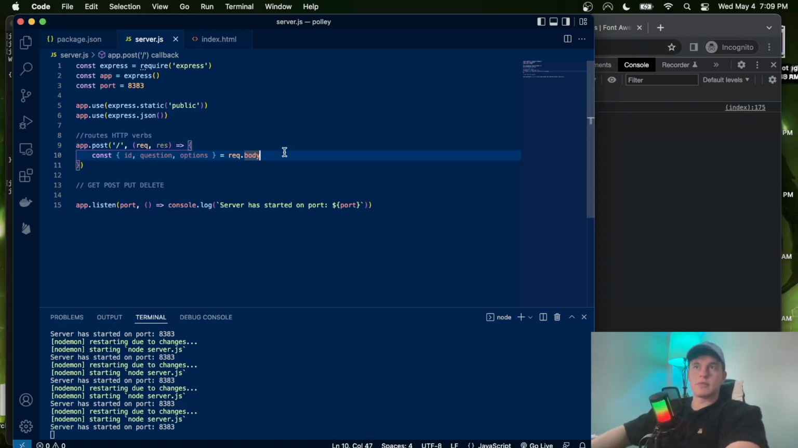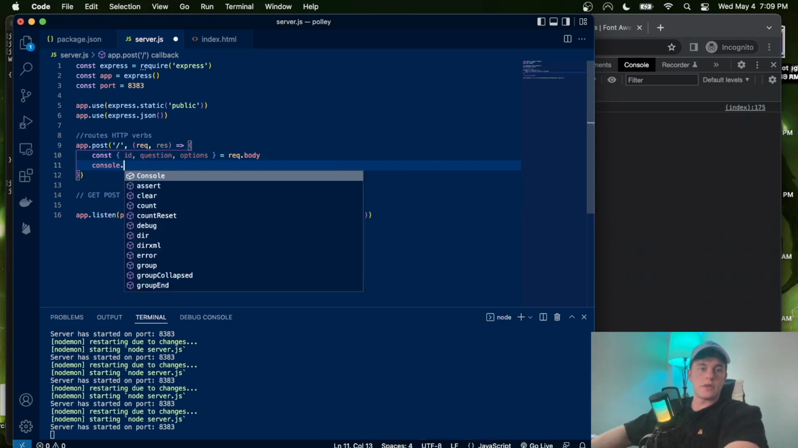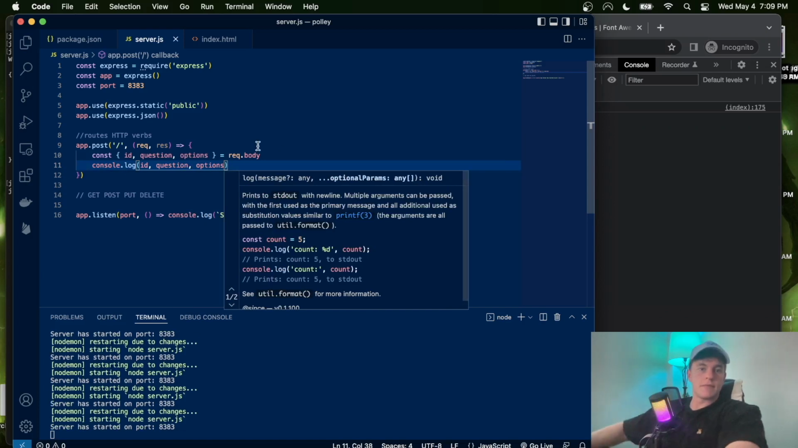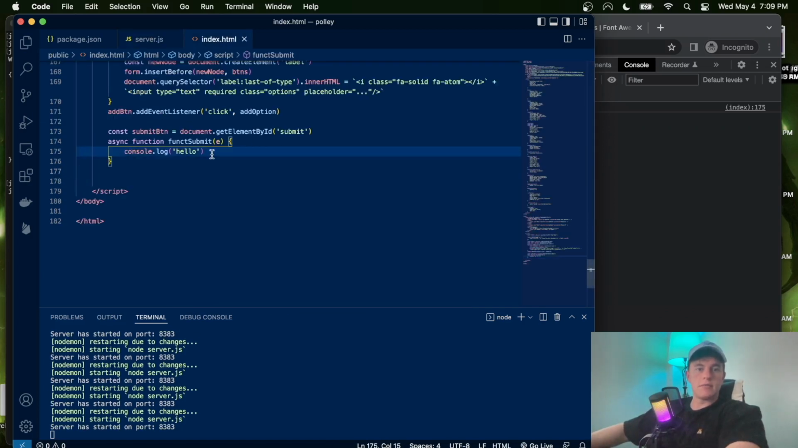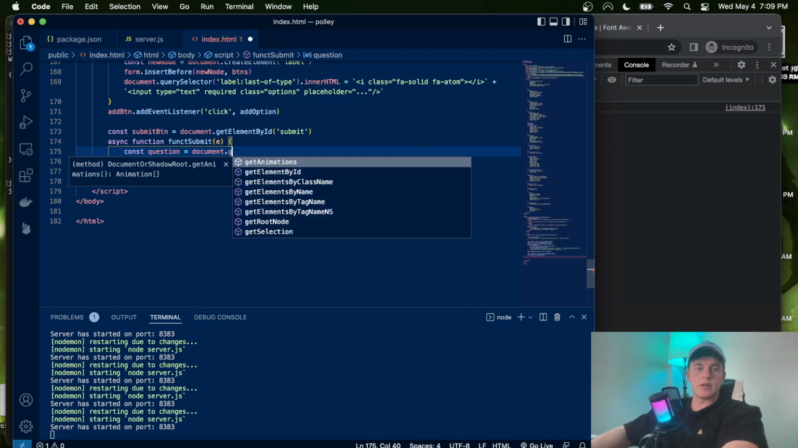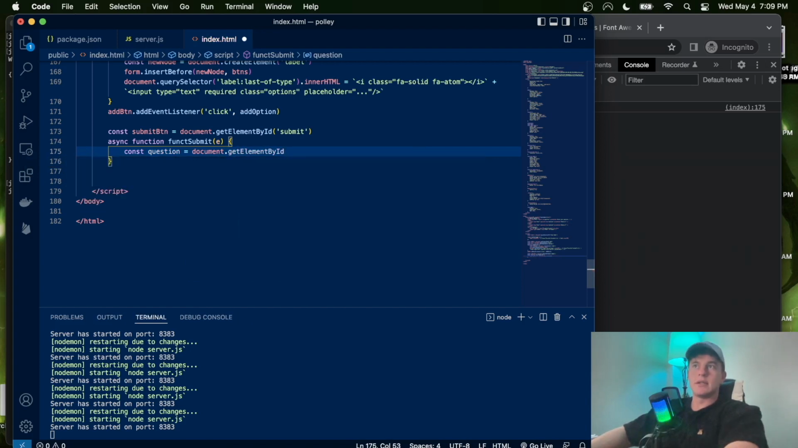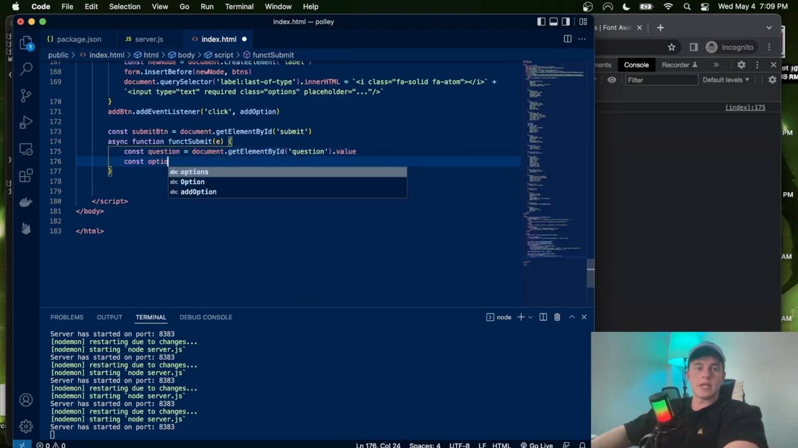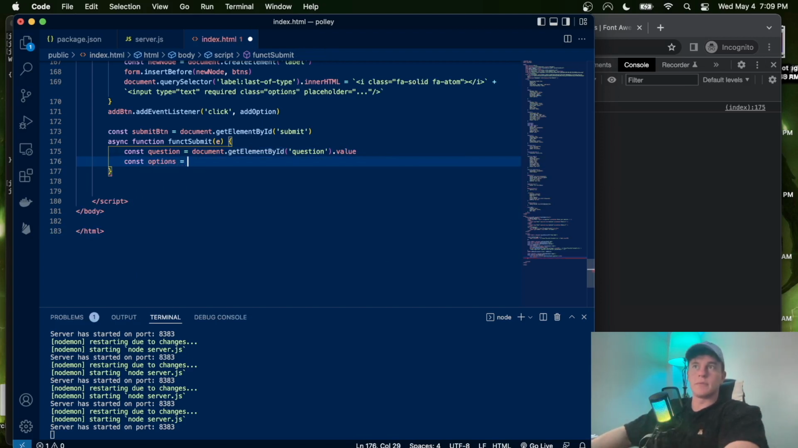And in this particular case, what we could do now is just say console.log ID, question, and options. So if we come back in here, let's go ahead and submit all of that information. And so what we will need to do is say const question is equal to document.getElementById. And we need to select the question because we gave it the ID and get the value from that input form. We're going to say const options is equal to